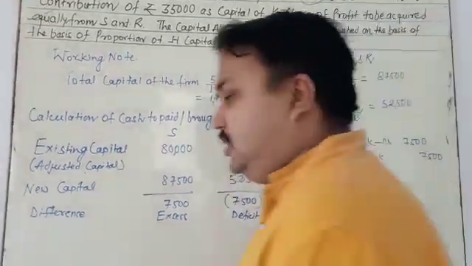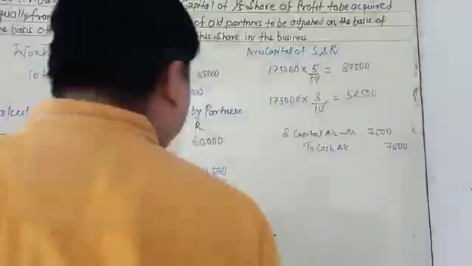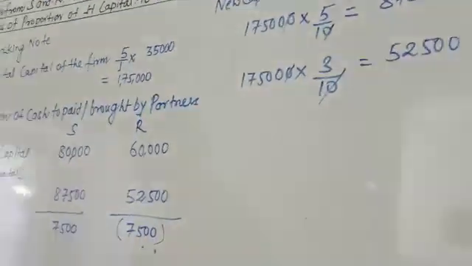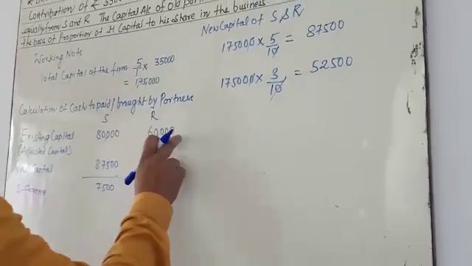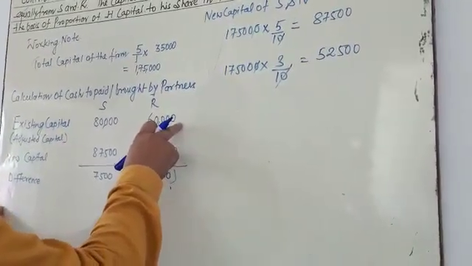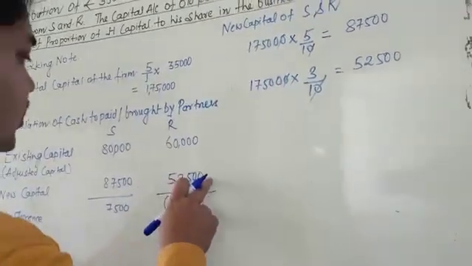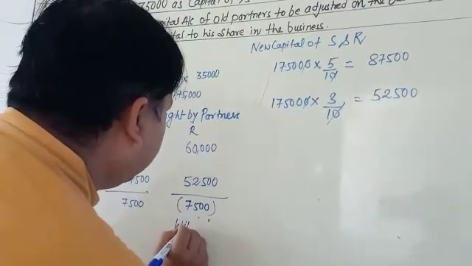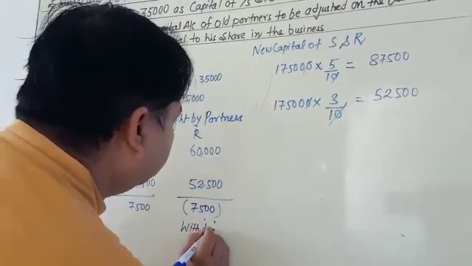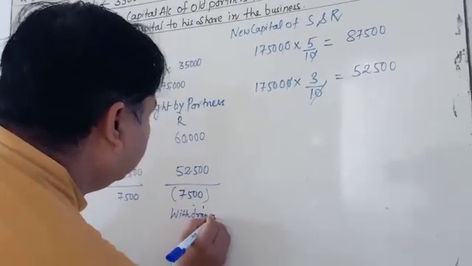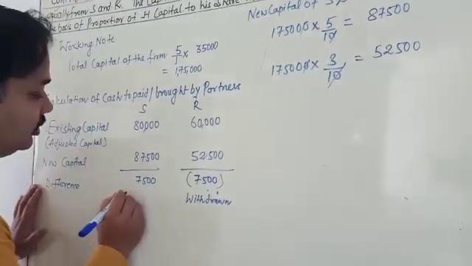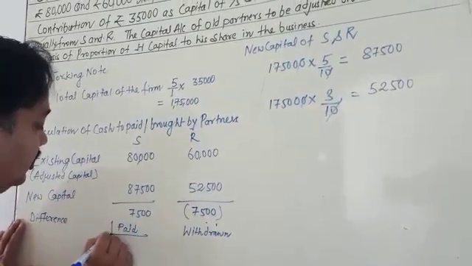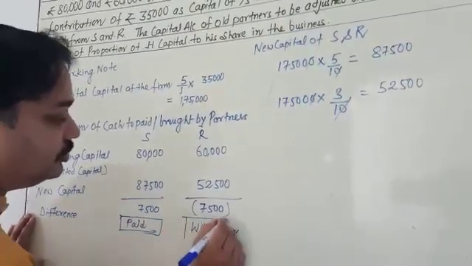It means he is going to be in excess or deficit. What is the meaning of excess and deficit, my dear student? You have to understand it this way also. In this situation, simple. Well, he already had 60,000 rupees, but now the new capital should be lower, so he is going to withdraw. You just write down withdraw, and he is going to pay. Okay, because one is going to pay and one is going to withdraw.